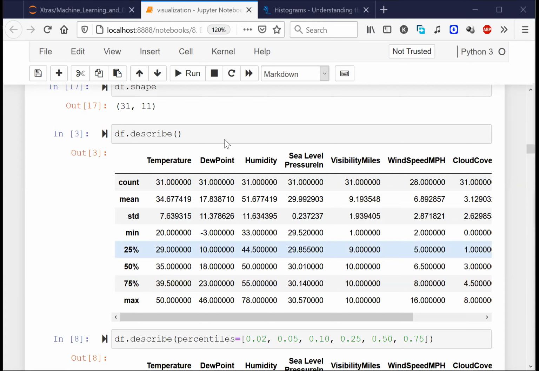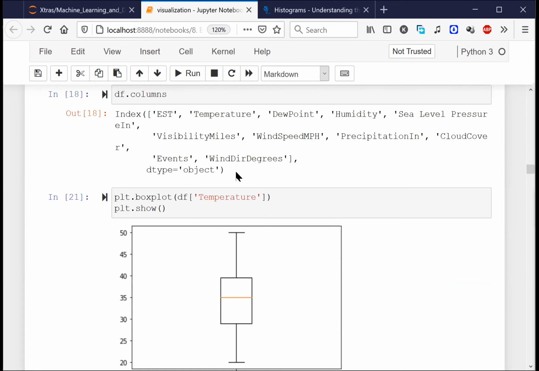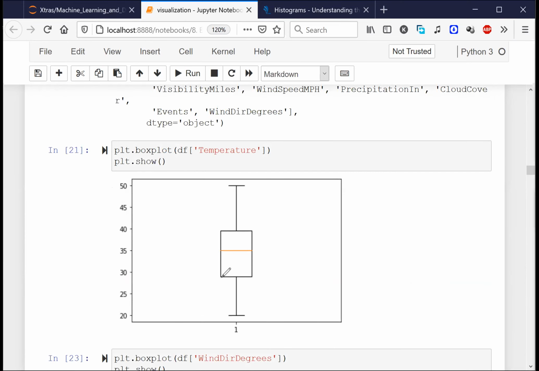Let's go back to the box plot. Do you see that the lower part of this box is very close to 29, and the upper part of this box is very close to 40? So it might be 29 and it might be 39.5. The upper line denotes the 75th percentile of this column, the lower one represents the 25th percentile, and the middle one represents the 50th percentile. Is it clear to everyone? This is what you have in the box plot.